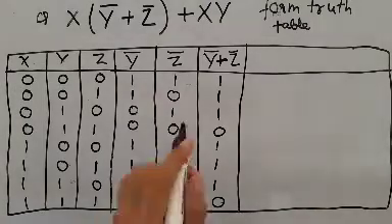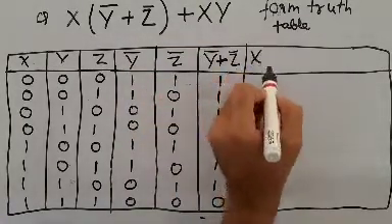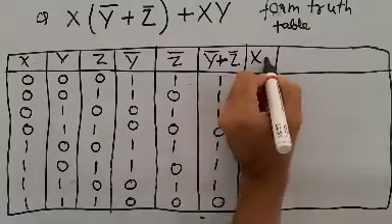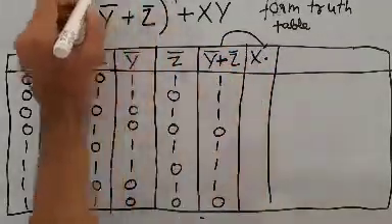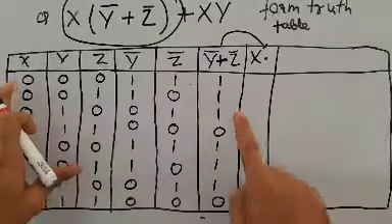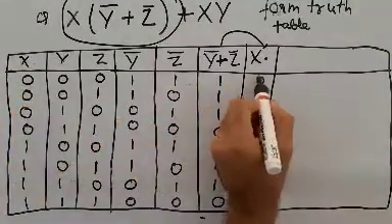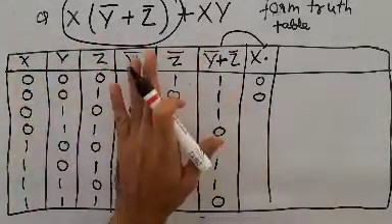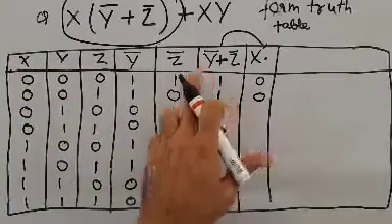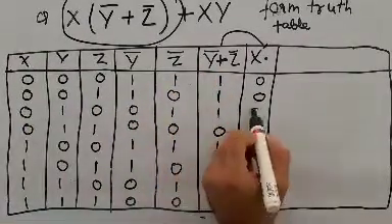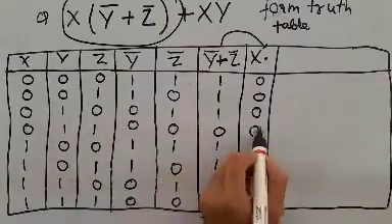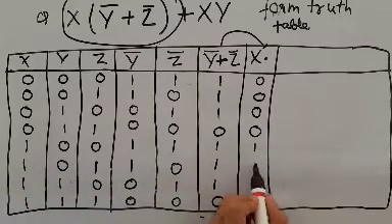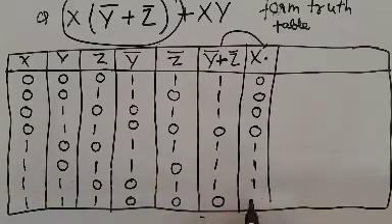Okay. Now you have to multiply this expression by x, this one. Okay. So 0 into 1 is 0, 0 into 1 is 0. You don't have to watch all the terminals. You just have to take x and this resultant. So 0 into 1, again 0, 0 into 0 is 0, 1 into 1 is 1 when both the conditions are true. 1 into 1 is 1, 1 into 1 is 1, again 0.